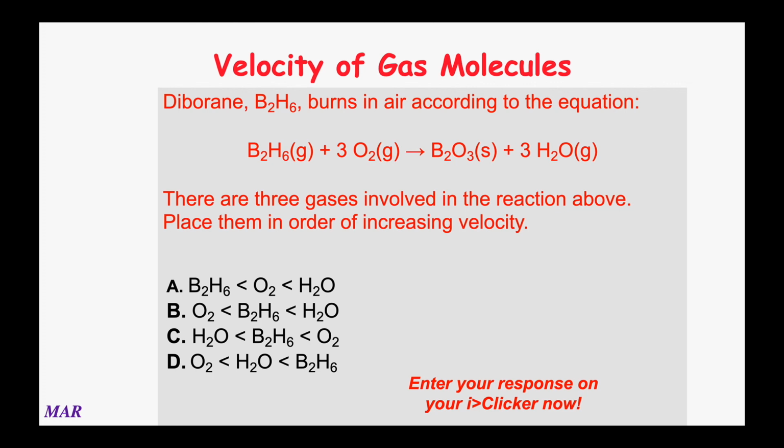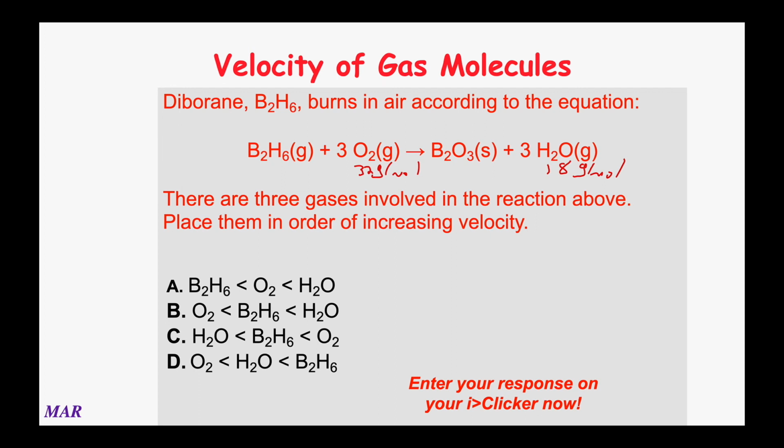To answer this question, we need to know the molar masses of the gases, because as molar mass goes up, the speed goes down. So if we want increasing, which means slowest to fastest, we want the heaviest molar mass first, and the last one will be the lightest one. Water is a number I know right now. It's about 18 grams per mole, and it's the molar mass we can use to figure out the speeds. Oxygen is about 32 grams per mole, so 2 oxygens, 2 times 16, gives us 32.